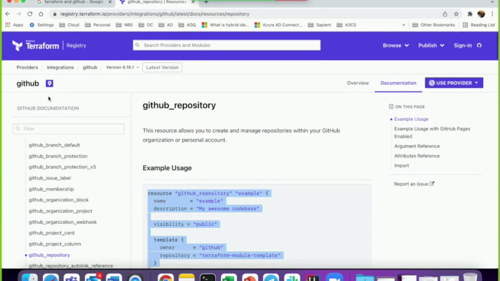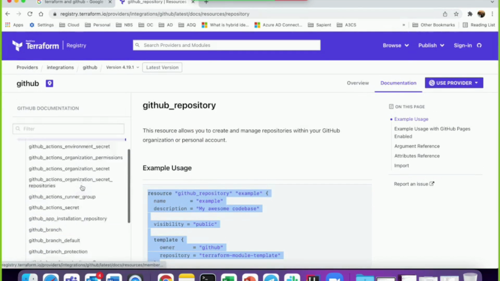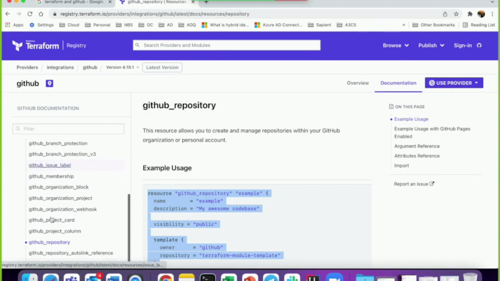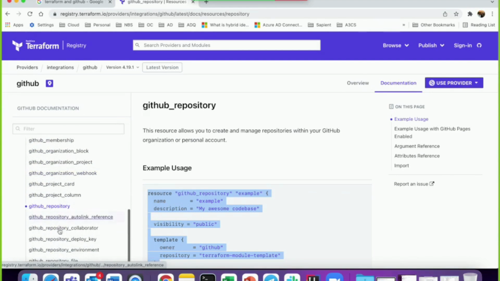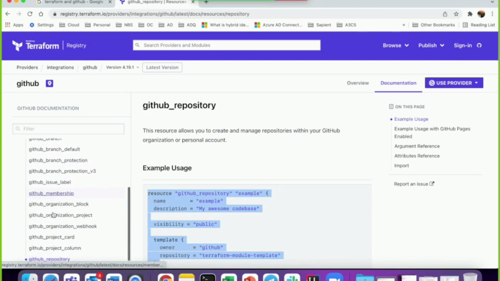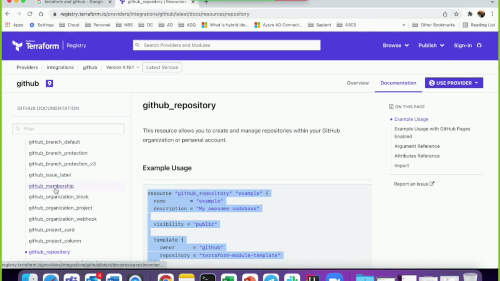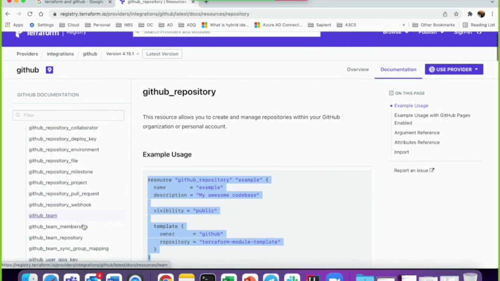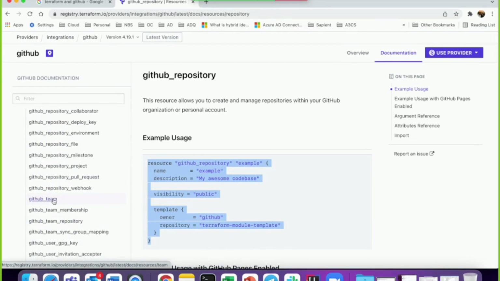What you need to do is, this is the Terraform documentation. After provider, just click here, search for resources. Here you can see all these can be done by Terraform. If you wanted to create a branch, you can create it. Branch protection, whatever Git related is there, adding a GitHub membership, you can do it via code only. These are all the resources you can do using Terraform. You can create a GitHub team, whatever in the UI you can do, you can do it via Terraform as well.